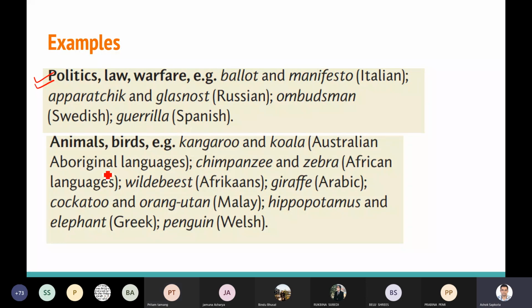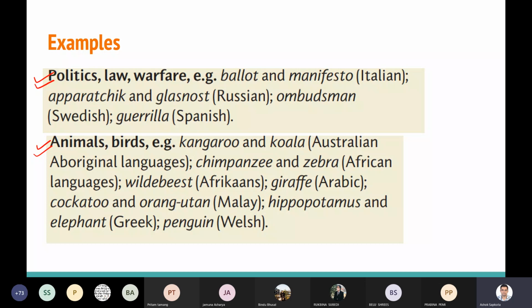Likewise, we have the words which we relate with animals and birds. Kangaroo and koala are taken from Australian Aboriginal languages, whereas the words chimpanzee and zebra are taken from African languages. You see the category of words. Wildebeest is taken from the Afrikaans language. Giraffe is taken from Arabic. Cockatoo and